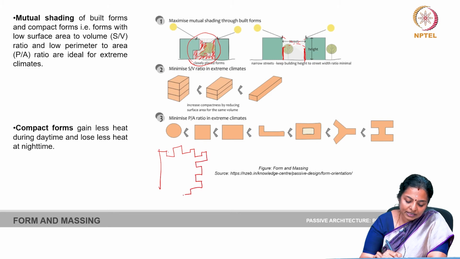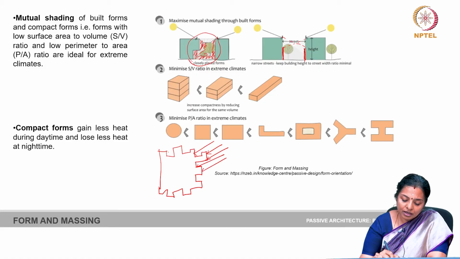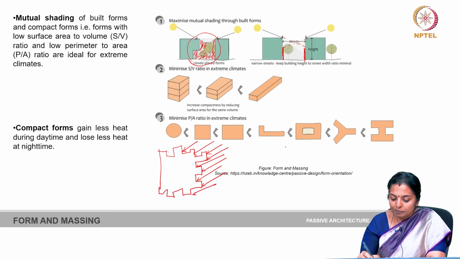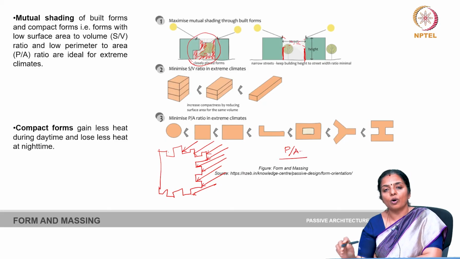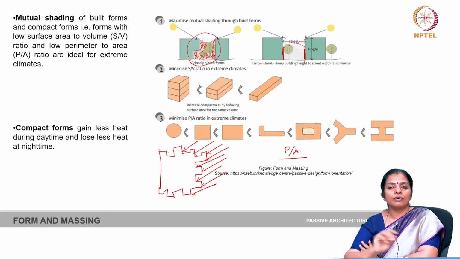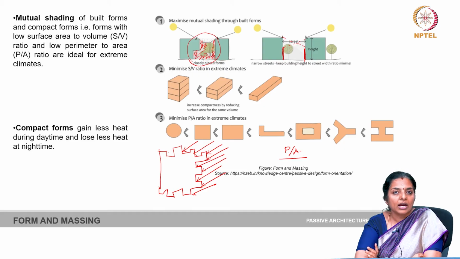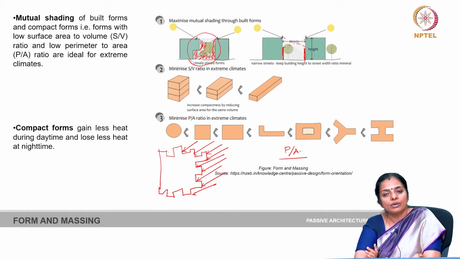because of the way I pressed the pen. So, the more the perimeter, the more the opportunity for solar radiation to strike, whether it is mutually shaded or not shaded, and hence P by A or perimeter by area ratio is important when you evolve a form and also in the